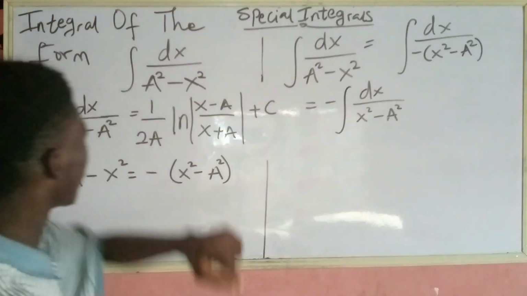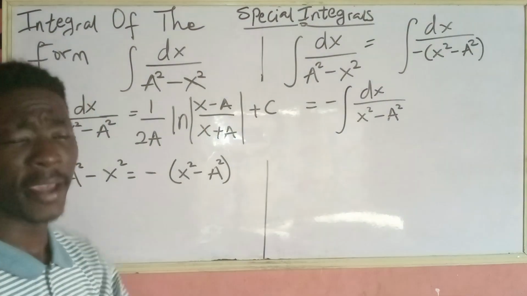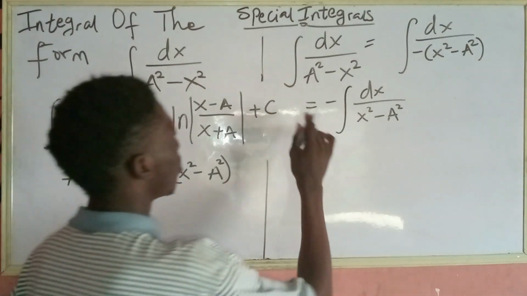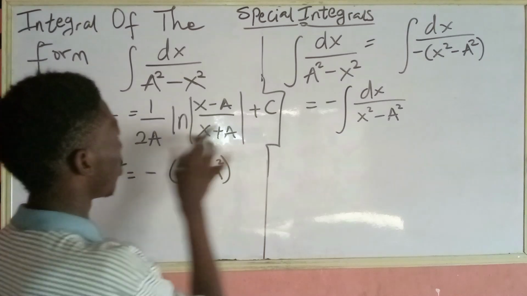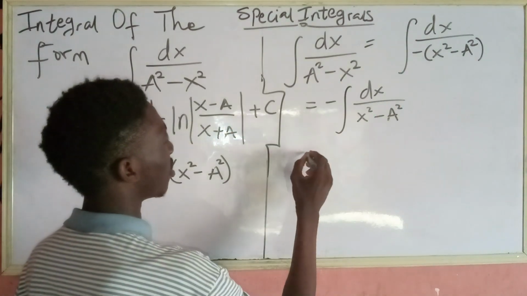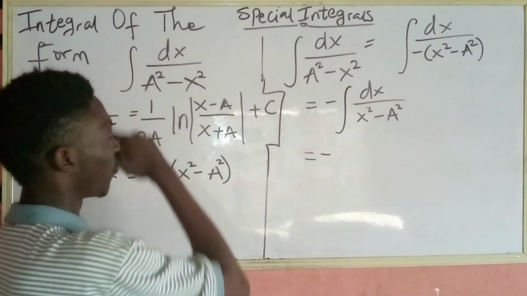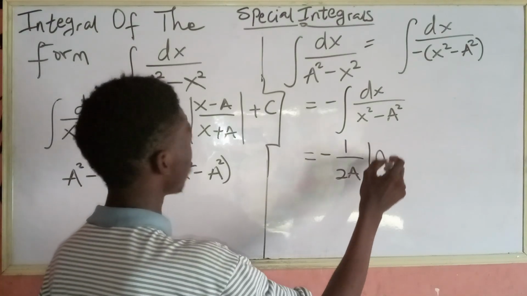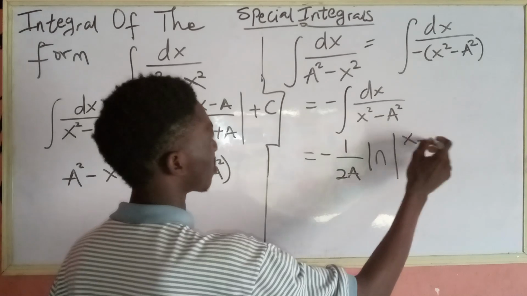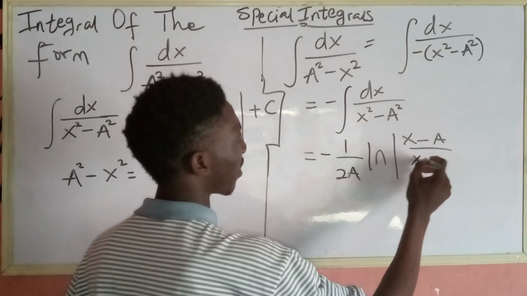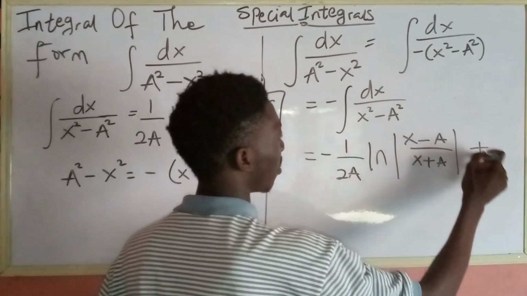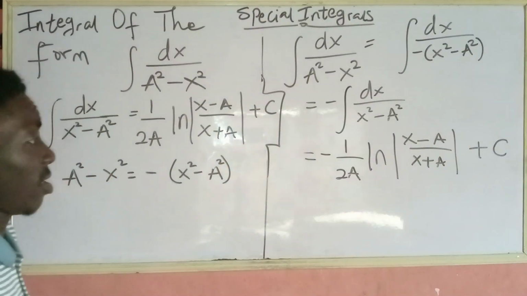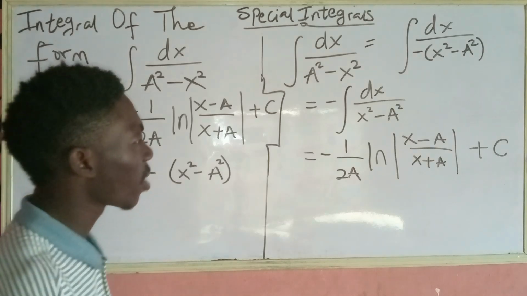So you have a minus 1 here, and you have the integral of dx over x squared minus a squared. The integral of this is this. From my last video, I gave a proof on how we got here. So that means this will be equal to minus of the whole of this, minus 1/2a natural logarithm of x minus a over x plus a, plus c. I just have a minus here. But mind you,